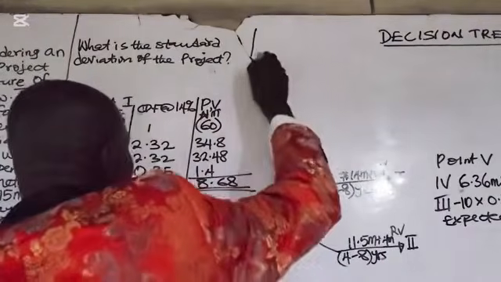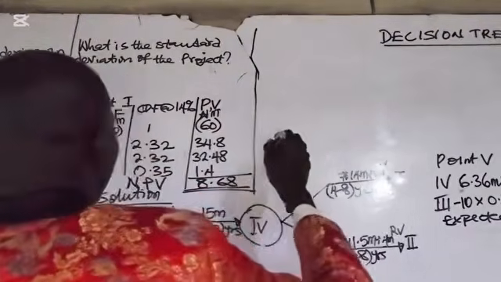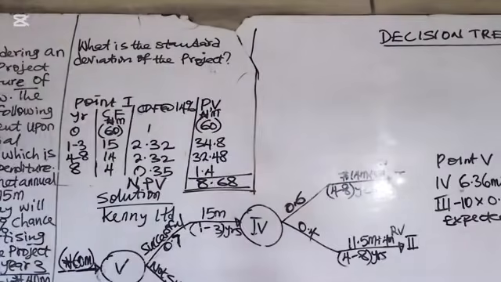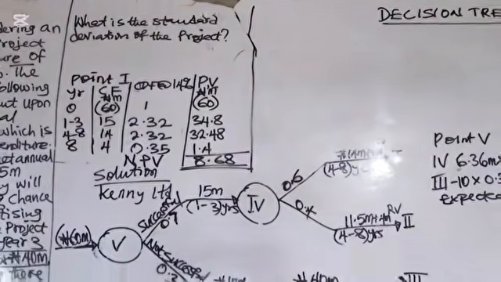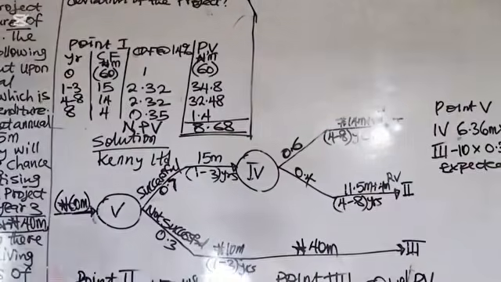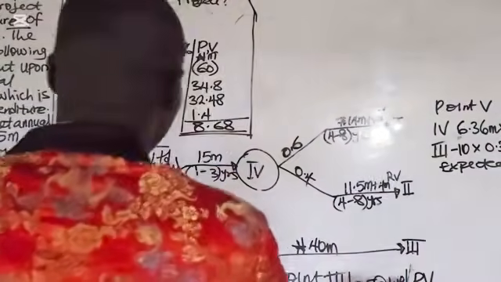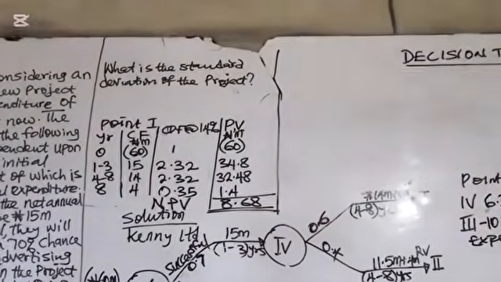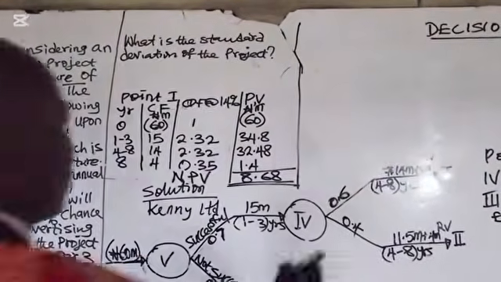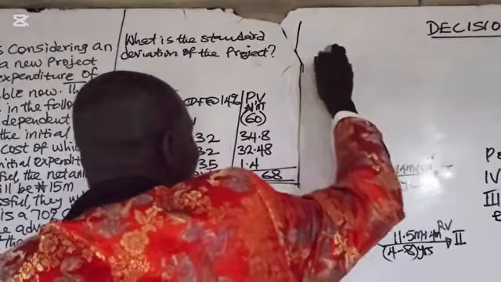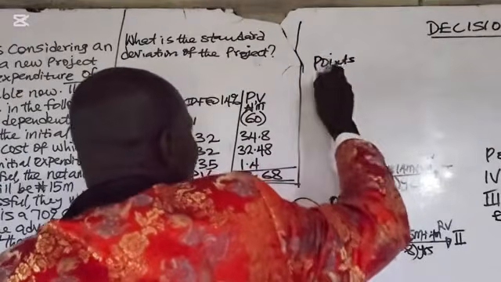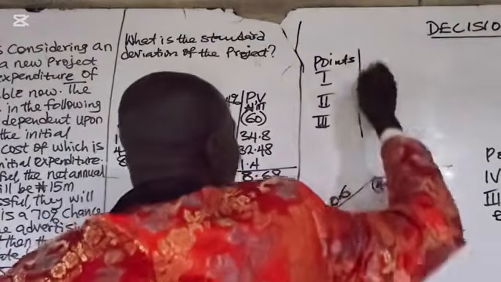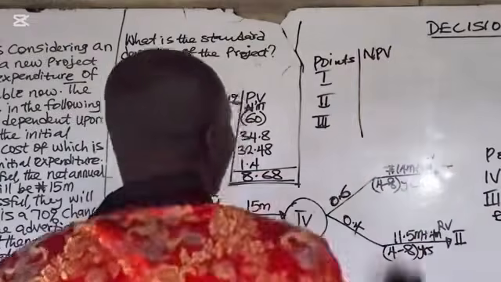You want to calculate the standard deviation of the projects. So, 3 NPVs were calculated at the terminal points 1, 2, and 3. We have terminal points 1, 2, and 3, and we've calculated NPV at these 3 points. So, let's say we have points 1, 2, 3. Our NPV from our calculation,